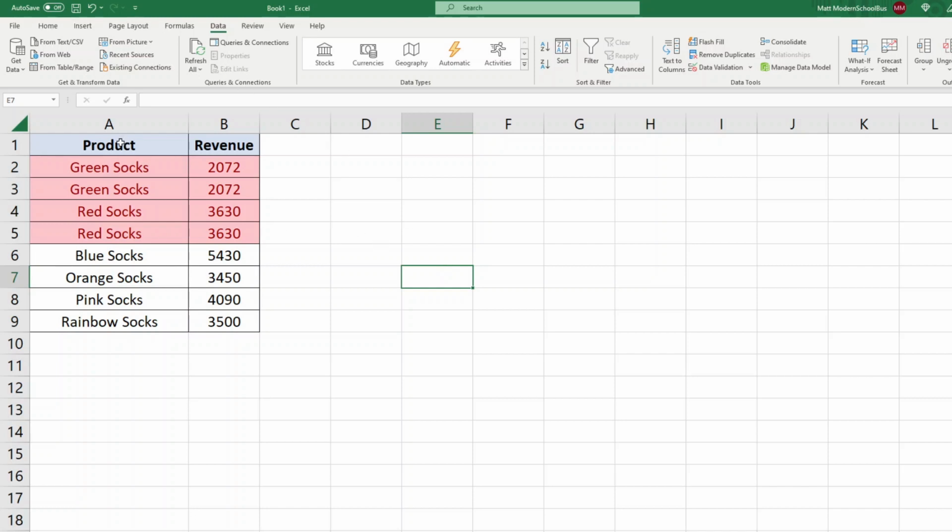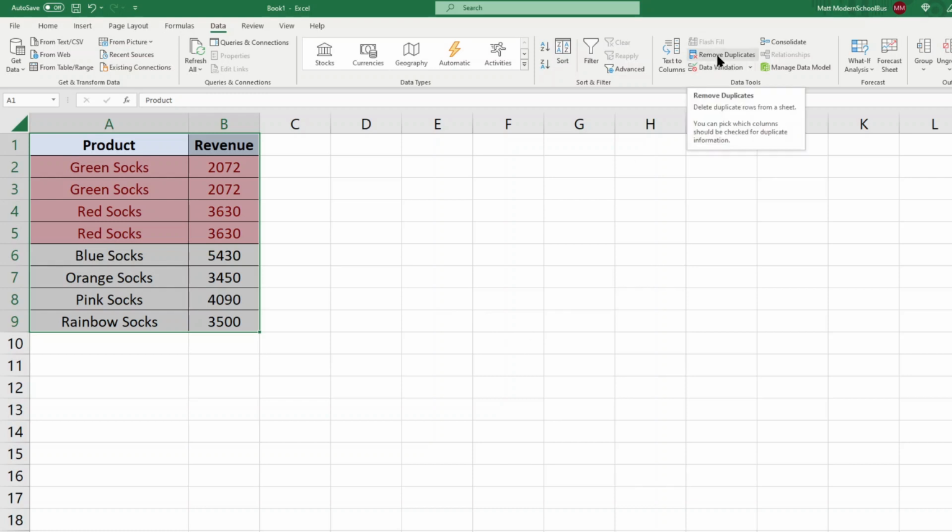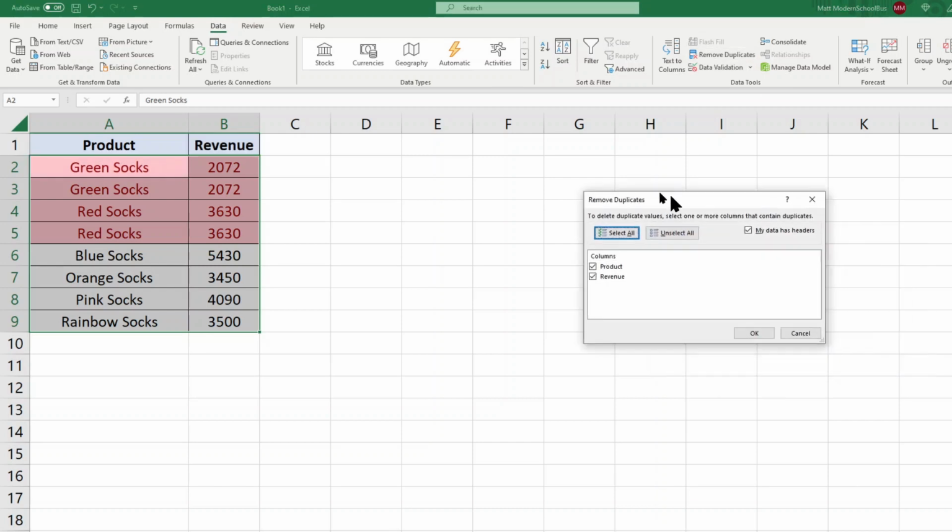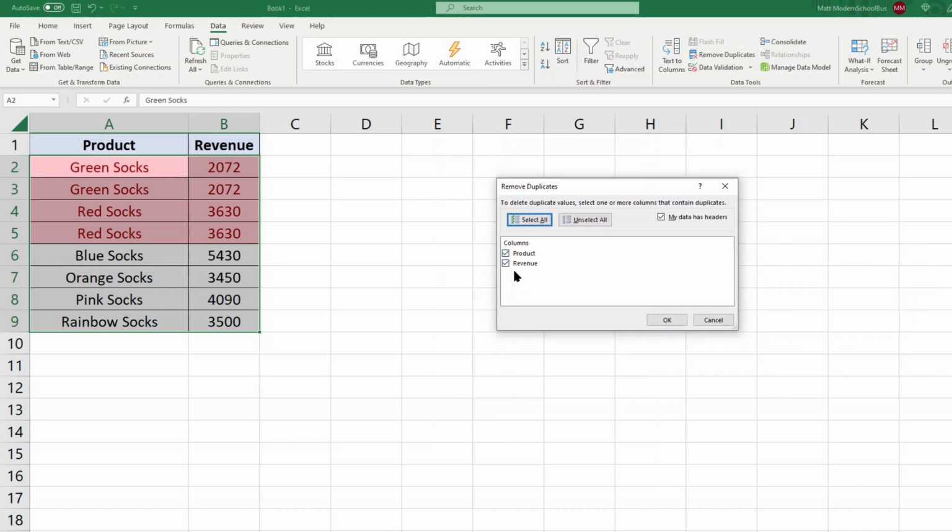So what I'm going to do is highlight the cell range that contains the data for which I want to remove duplicate values, and then you will find over here, again, make sure you're in this Data tab, Remove Duplicates. And so what you want to do is check the boxes that you want to check for duplicates for. So if only Product is checked,